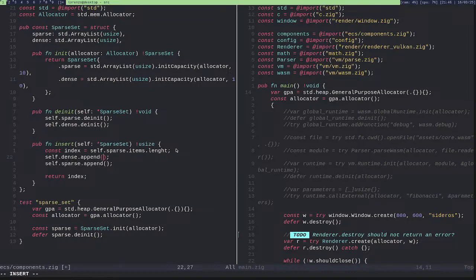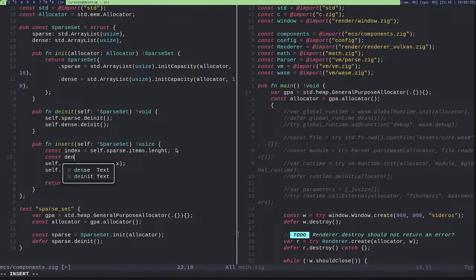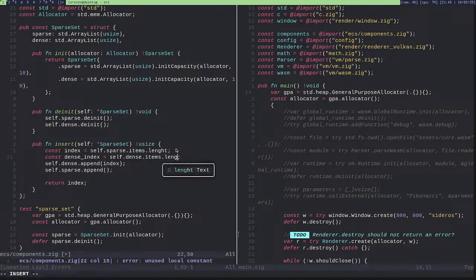So here the dense array will now contain the index. Okay, and so dense index will be equal to self.dense.items.length. Then I will insert this here and this here, like this.